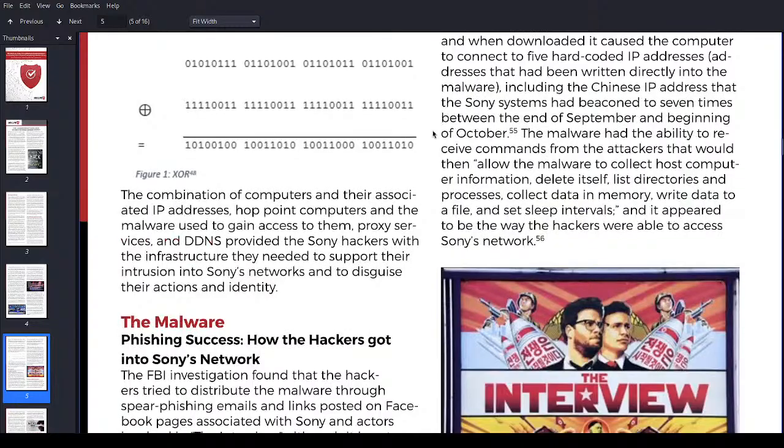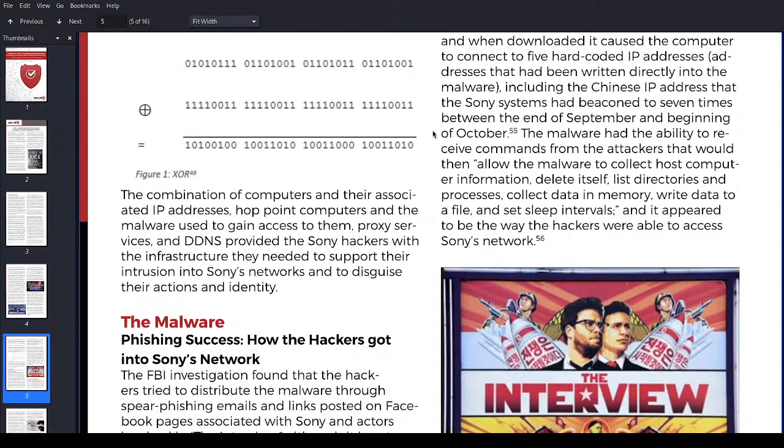So honestly, to me, even though these guys did a lot of work to hide who they were, from using hacked computers as hotpoints to using a proxy service, aka a VPN, which is just another fancy term for virtual private network.